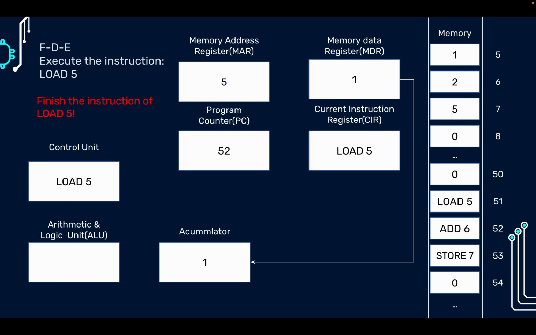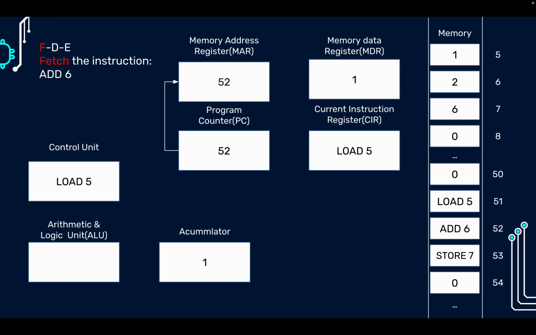And after that, what do you think about the next step of the program? Because right now we already finished the first instruction, so we just need to look at which value is stored in the program counter, which is 52. So we just need to execute the 52 instruction, but we need to know what is stored at the address of 52. So we put 52 into the memory address register, and after that we fetch the data from the memory data register as the instruction,